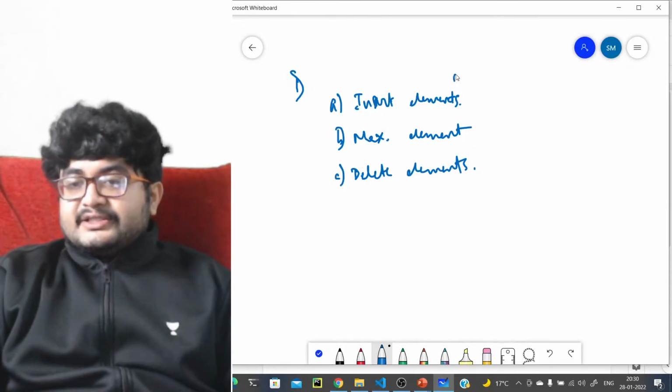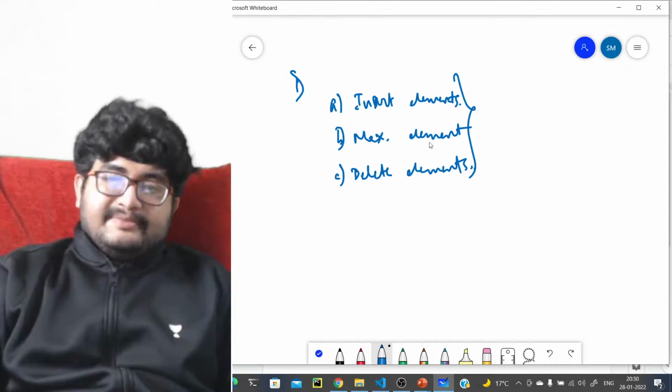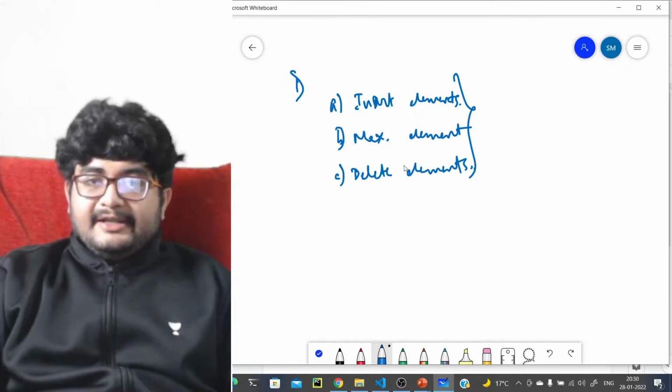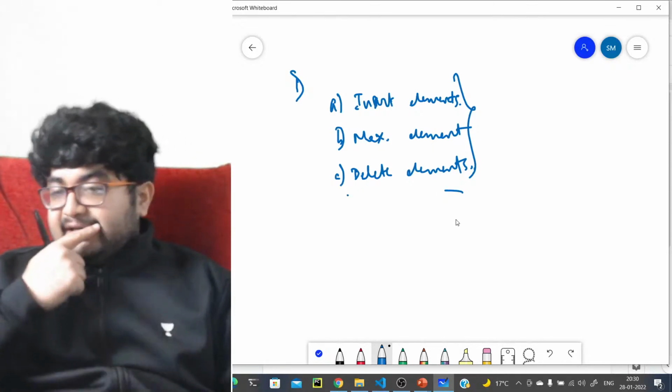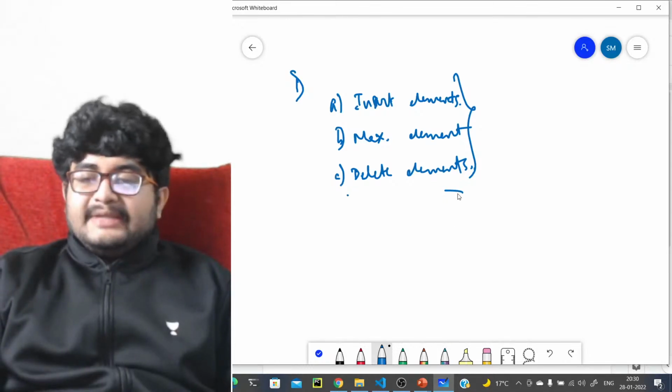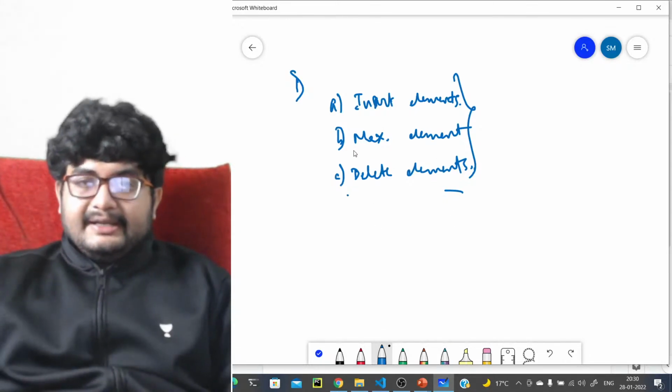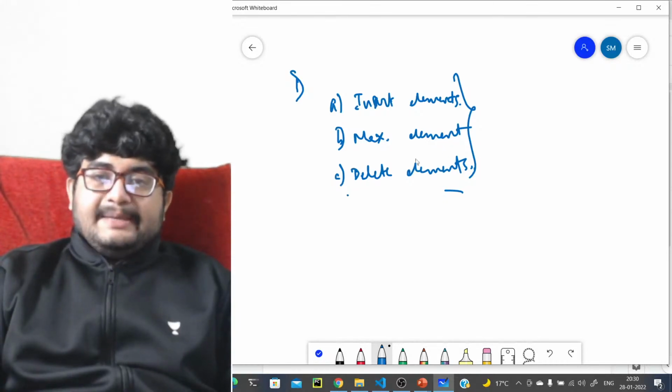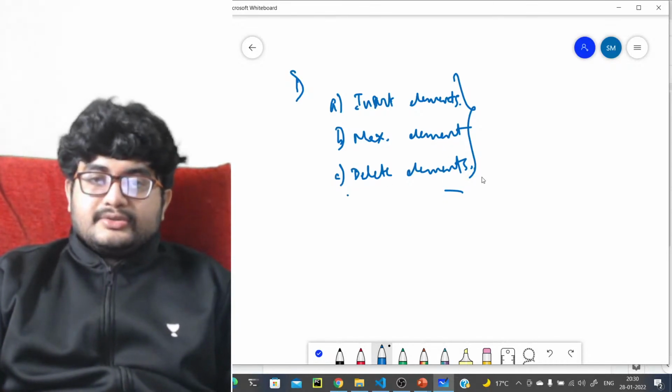These are the operations that you have to do. Insert elements, report the maximum element, and delete elements, right? Assume that there are multiple queries and each query can be of these three types. You can insert an element, you have to report the max element, and you have to delete elements.